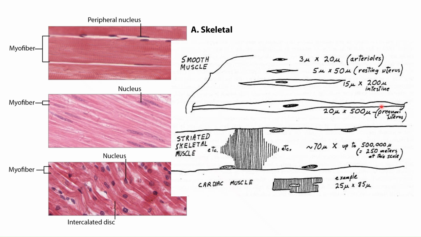So again, this is just to make you appreciate that, especially in the case of smooth muscle tissue, there is a possibility of great disparity in the length and size of the actual muscle cells. Okay, so muscle tissue is quite straightforward, and make sure that when you are in the laboratory, you are able to recognize the different types of muscle tissue in the longitudinal view as well as in the cross-sectional view. Okay, so that's all for this session's topic.